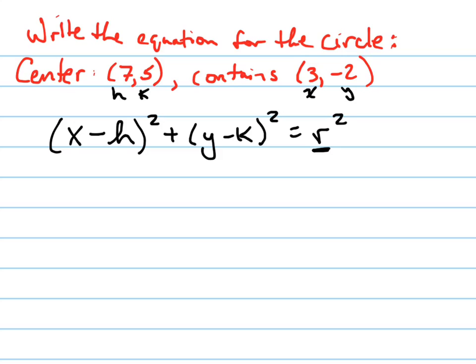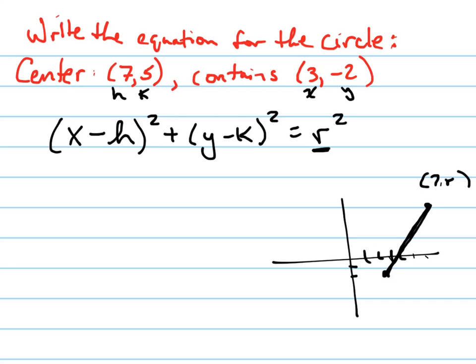There's a couple ways you can find the r. You could actually plot this point if you want to, (7, 5). It'd be like up here somewhere. And then (3, -2) would be down here. You can actually find that distance right there if you wanted to, using the distance formula, because that's your radius. So you could use the distance formula, or you could just use this formula right here that you've got and